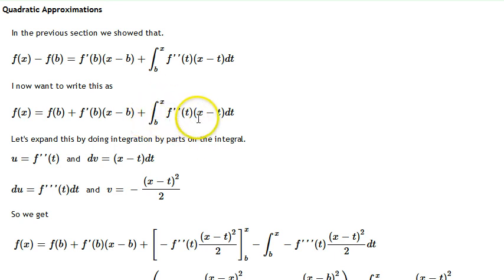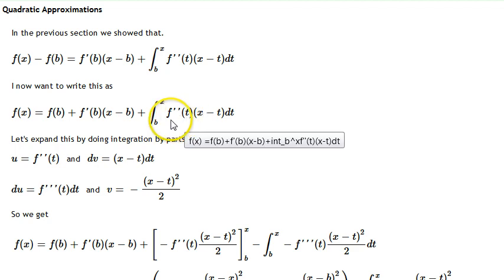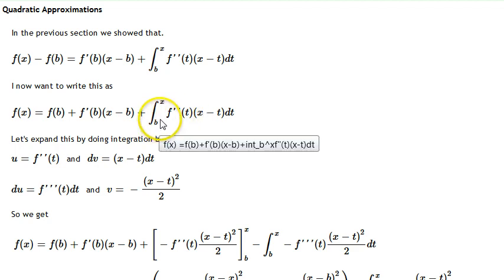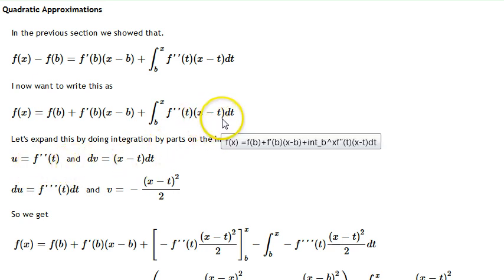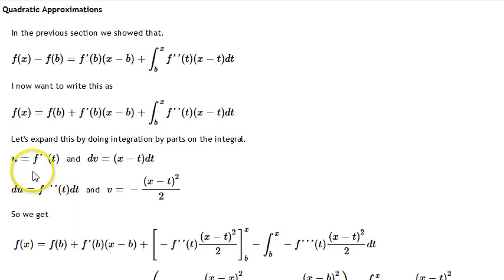What I want to do is get a better understanding of this thing. So I want to do this integral, or at least attempt to do this integral, and see what we can do. So I'm going to do this by parts. I'm going to let u equal f prime. So by parts, you're starting with the integral of u dv. So u is f double prime of t, and dv is whatever's left, x minus t times dt. So I take the derivative of u to get du,